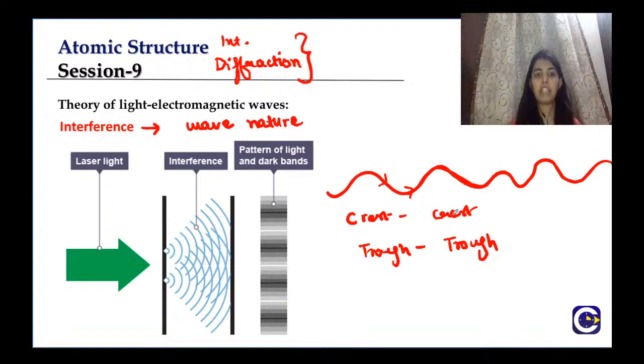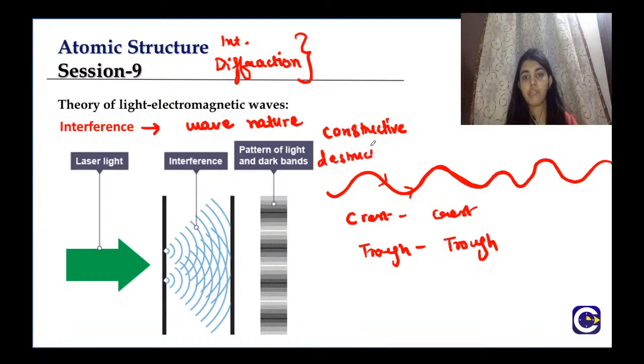Basically what interference means is the interfering of two types of radiations, right? Here we are particularly studying light, so we can say that two radiations of light are interfering with each other. So they can interfere in two different ways. Either they have a constructive interference, or they have a destructive interference, right? So first we are studying what is constructive interference. Constructive interference is that kind of interference when the two electromagnetic waves overlap in such a way that the crest of one is overlapping on the crest of the other, right? And the trough of one is overlapping on the trough